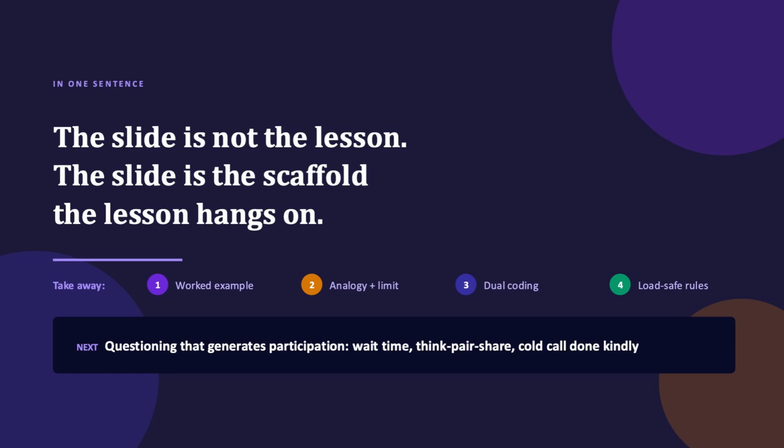To build this effective scaffold, our key takeaways focus on several critical strategies. We start with the worked example, providing essential concrete applications. This is enhanced by using analogy, carefully balanced with defining its limit to avoid misconceptions. Dual coding is vital for managing cognitive load by integrating information clearly and establishing load-safe rules ensures an optimal learning